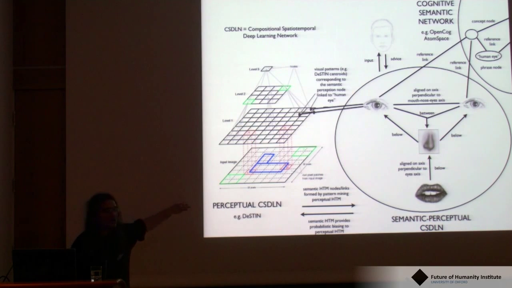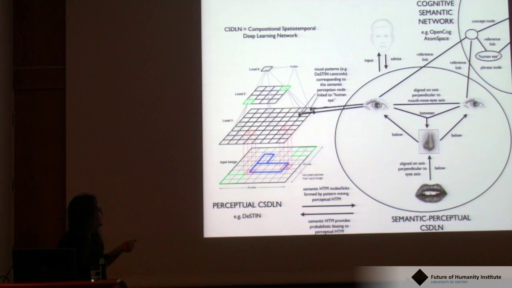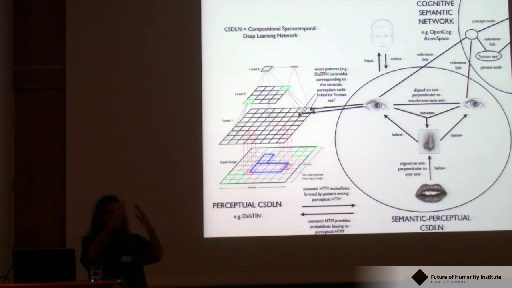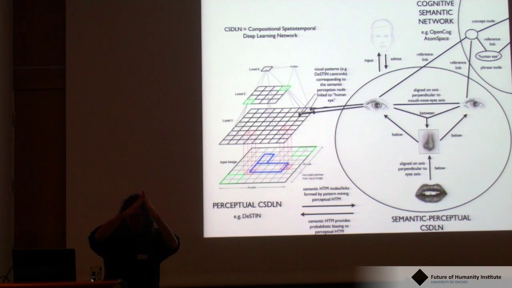The subsymbolic architecture of the type we're working with here is a hierarchical temporal memory type architecture, which I refer to by the ugly acronym CSDLN, the Compositional Spatiotemporal Deep Learning Network. Jeff Hawkins' HTM is probably the best known such architecture. We've been working with Itamar Arel's DeSTIN architecture, which is qualitatively similar in nature, but with different mathematics. And we've been looking at how you bridge between a network like that, which subsymbolically and hierarchically recognizes patterns in its inputs,